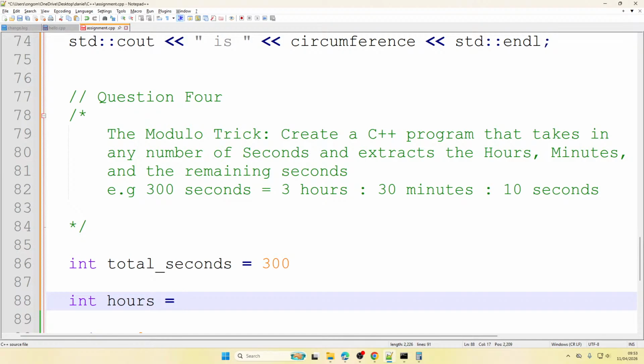So to achieve that, after we have gotten the number of hours which are remaining,